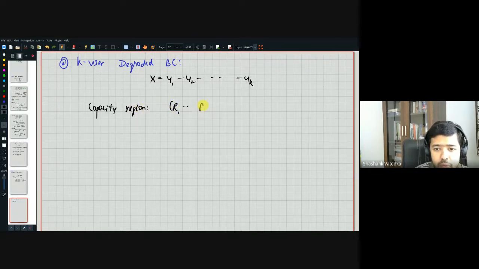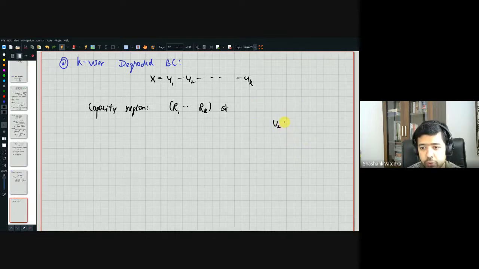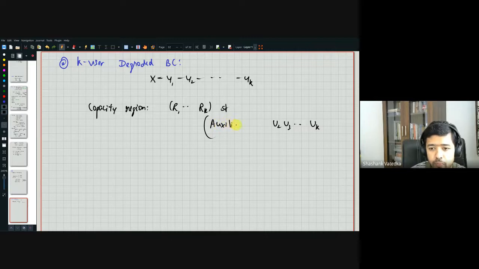The region is the set of all R1 to Rk such that, unlike the two user case, for K users, so for two users, you needed one auxiliary random variable. In this case, you need K minus one auxiliary random variables. Let's call them U2, U3, up to UK. So you have K minus one auxiliary random variables, and the rate constraints that need to be satisfied are that